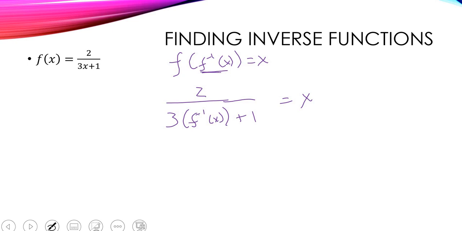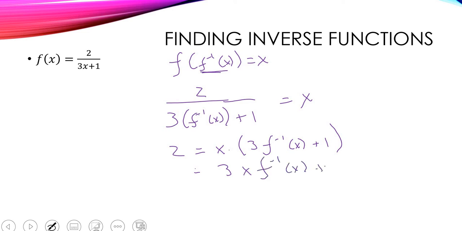So let's do some multiplication. I'm going to multiply everything here over to the other side. So this is 2 equals x times 3 f inverse of x plus 1. I want to distribute, so now I have 3x f inverse of x plus 3. So I'm going to now,